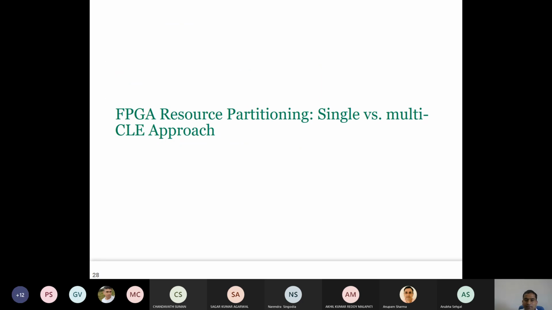Okay, so this is one technique. Now this is one research paper based technique. If you will